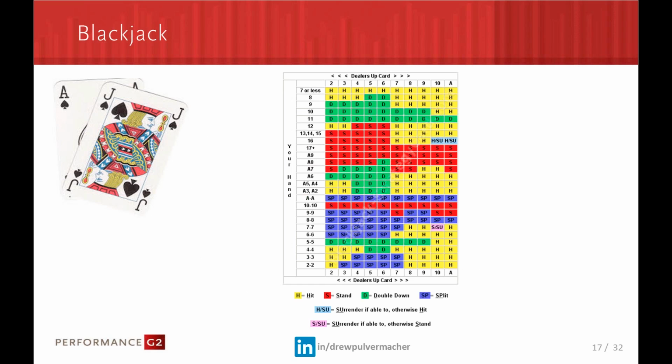Basic strategy. Basic strategy, turning back to predictive analytics, is built on using statistical modeling and simulation. This is going to tell you the optimal decision based on your hand versus the dealer. All right? This is using all your historical information and all the possible combinations of how to play a hand. And I say, okay, what about card counting?